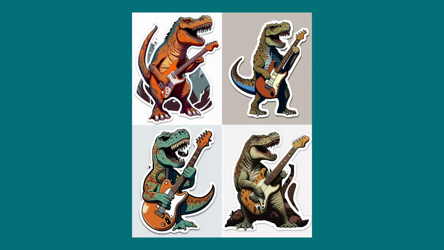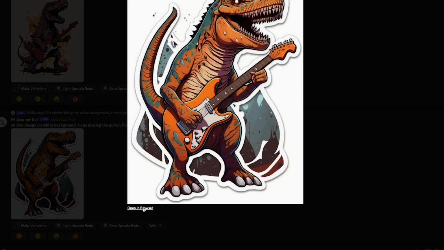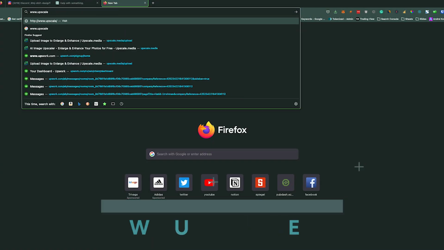This actually makes it much easier to remove the background. So let me show you how I would create this design. First, I'd upscale the image. Once it's upscaled, I'll copy the URL. Then I'll open a new tab and go to